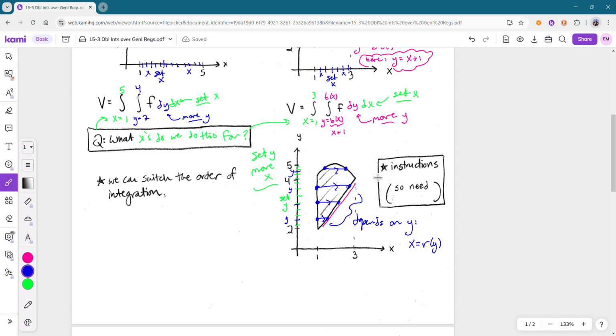And so here, right past this kind of connection point up top, we actually have different start-stop instructions. Our instructions change from this kind of triangle piece below, and so we actually would need two integrals. One for the bottom triangle piece and one for this curvy top piece in order to set this up fully